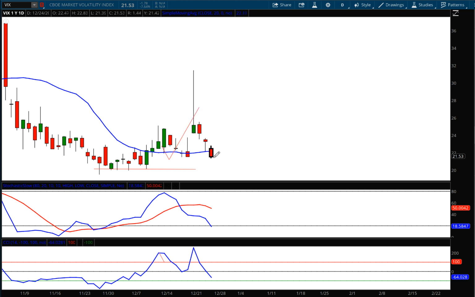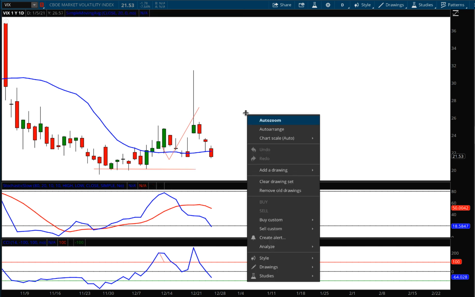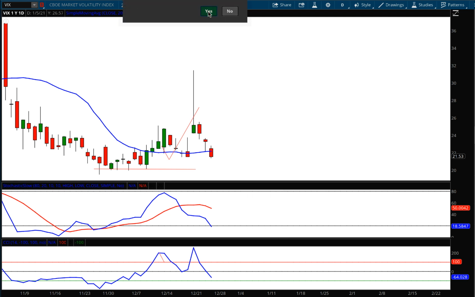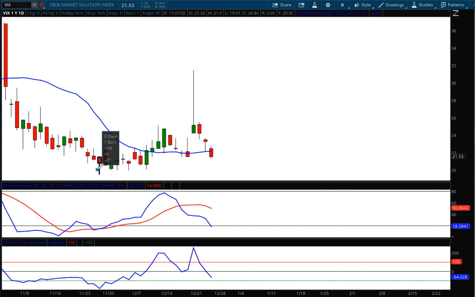And now what are we faced with? Well, we still have a support level down here that I think will be tested. And there's a couple of other signals that tell me that the VIX could drop just a little bit, and I'll show you that in a moment. But first, let me redraw that line to show you. I don't have to take the exact lows. I'm more or less taking the average of those lows, projecting out, and that's how I draw a flat line or horizontal support levels.